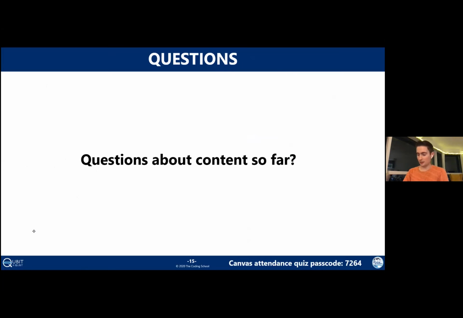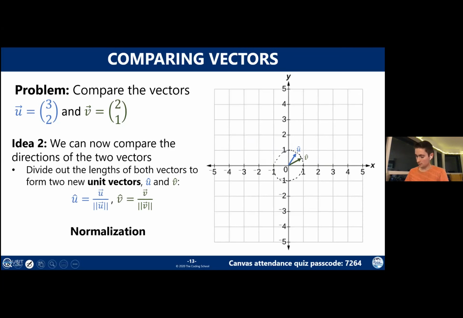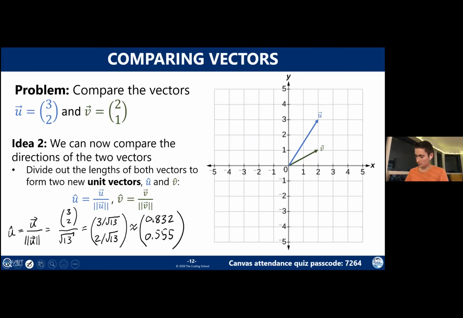The vector points on the graph were wrong, really. Oh, yes, you're right. Good catch. Just to clarify, the X and Y coordinates were mixed up. It should be 3 as the X coordinate, 2 as the Y coordinate. V does look to be correct. That's just a graphical mistake there.